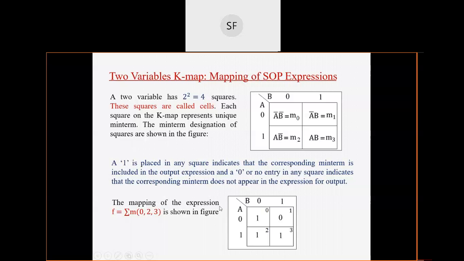Okay, so what we have done, we have first drawn this two variable K map. So the structure will be the same. First, you have to draw the complete 2 by 2 square. Then you have to draw this line, and here it will be a, here it will be b. So values associated with a will be 0, 1, and values associated with b will be 0 and 1. Then you now know that this will be 0, 1, 2, 3. So this is for our reference. You can write 0, 1, 2, 3 or not, both are fine.